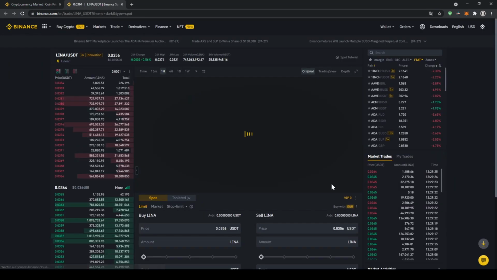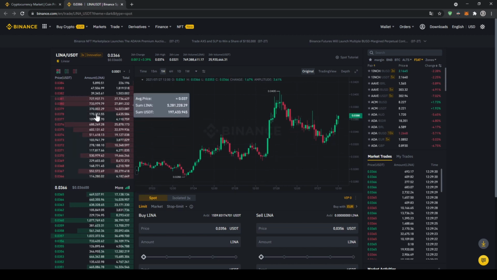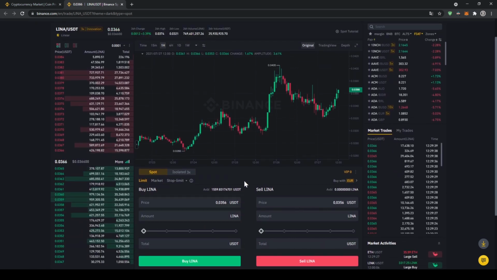And if we click on it, then this trading page will open up where we can see the price chart right here in the middle. And on the left side, we can see the order book. So all the selling orders up here and all the buying orders down here. Right here in the middle, we can control all of our trades. So in this case, we want to